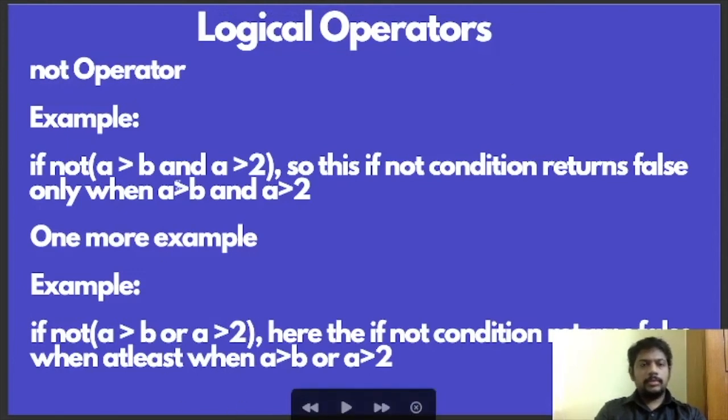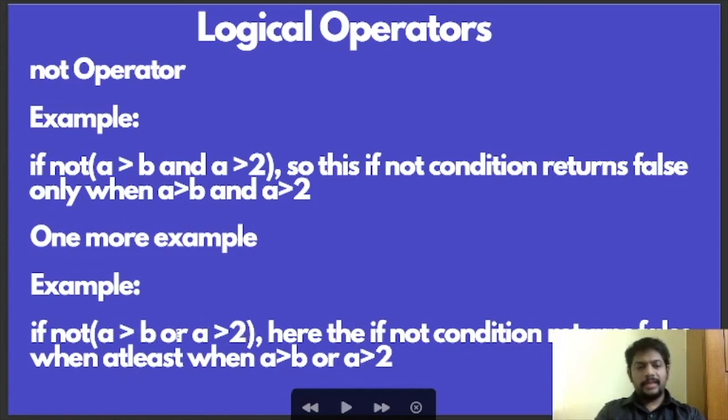So in the earlier example we have used AND. Now we will use OR. If not a greater than b or a greater than 2, this if not condition will return false when at least a greater than b or a greater than 2.